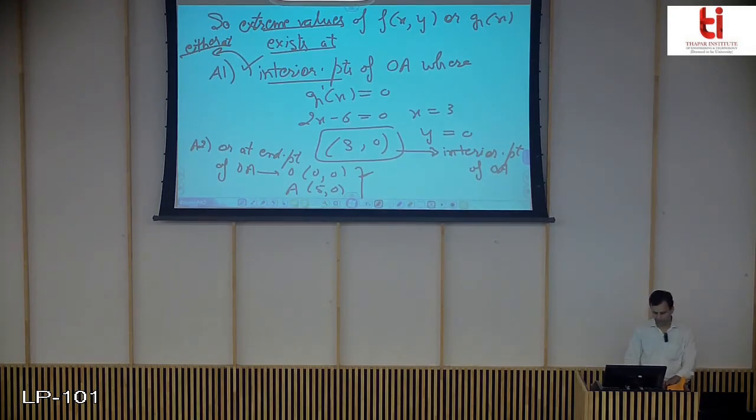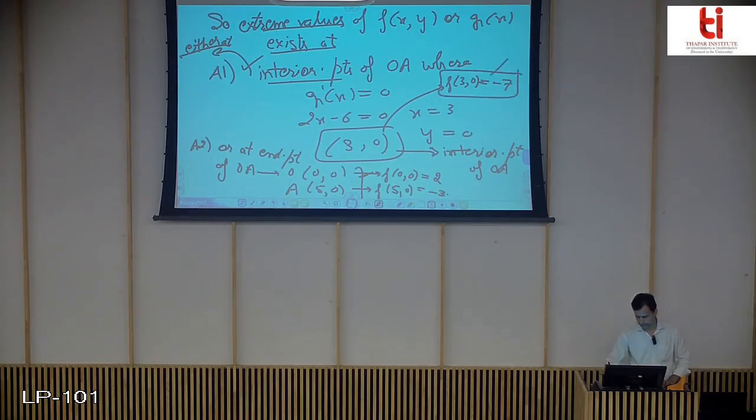If you want to find the value here, I can write f(0,0), that comes out to be 2. You can calculate it later or here, depends upon you. The value of the function at (0,-3) comes out to be minus 3, and at (5,0) the value of the function comes out to be minus 7. You can calculate these here, or in the last when you make a summary of all the points. So these are the points we found for the line segment OA.